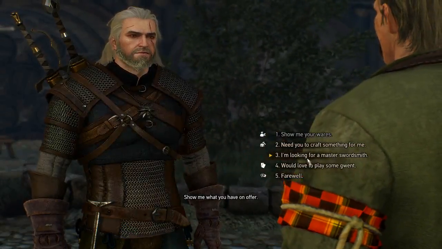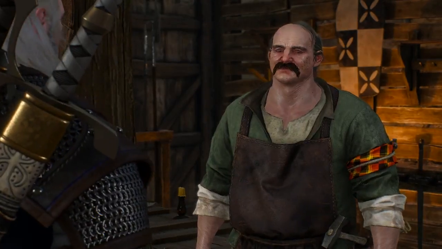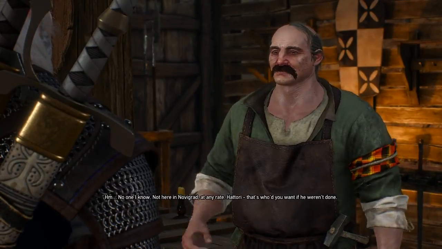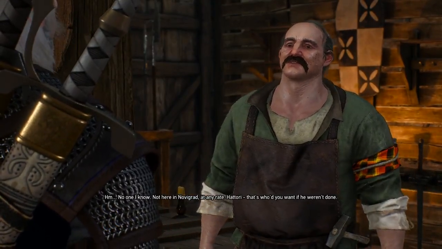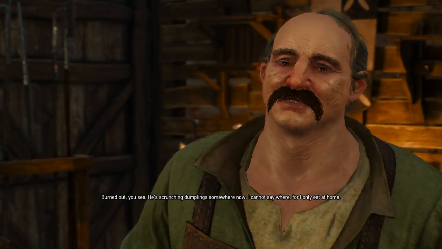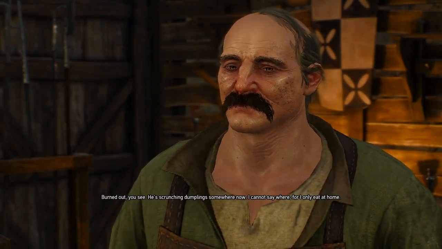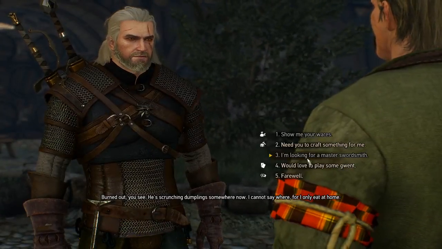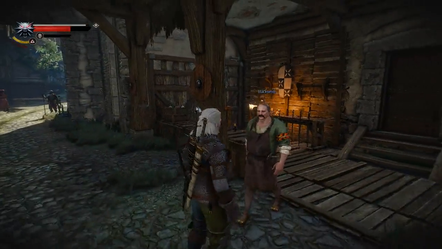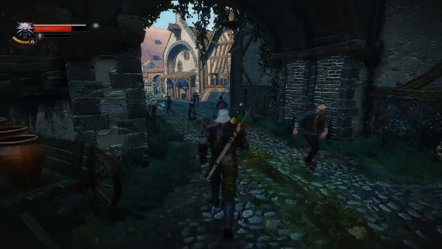We did say, if we're looking for a master swordsmith, someone who can forge an item based on a master's diagram. No one I know. Not here in Novigrad at any rate. Hattori, that's who you'd want if he weren't done. Burned out, you see. He's scrunching dumplings somewhere now. Cannot say where, for I only eat at home. So, a master swordsman that's done with crafting blades. What? Did sell a few things and...